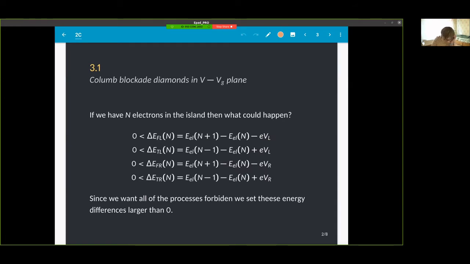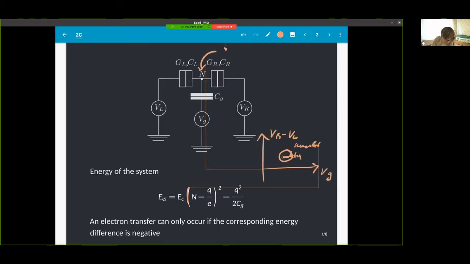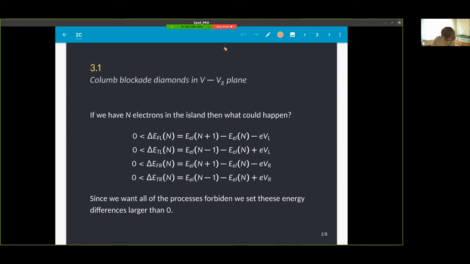So the delta energy, for example, so we are considering the processes, and the processes change the number of electrons in the island. We want to know such a process where it's not possible to change the number of electrons in the island. And so that would mean that delta energy for